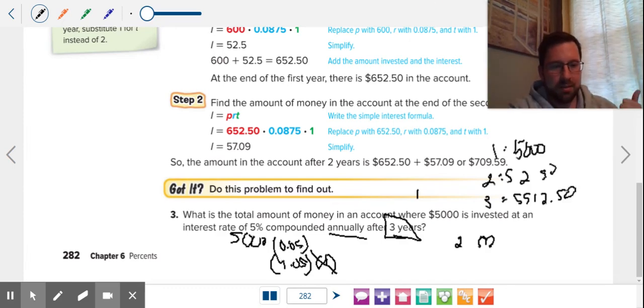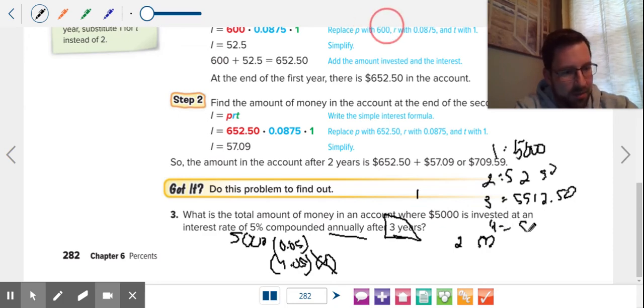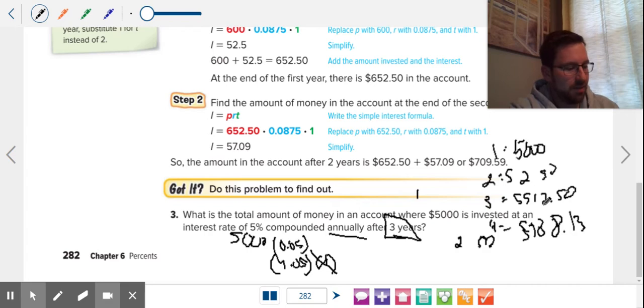So we did 1.05 once, we did 1.05 twice. Now we do it 1 more time. So after 3 years, if he were to invest for a 4th year, his 4th year is going to start at 5,788.13. Now, if we just did this, 5,000 times 1.05 times 3, he would have